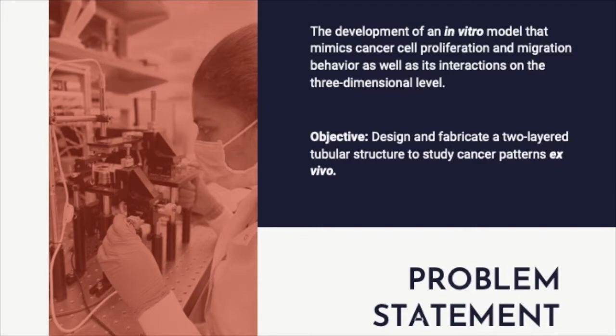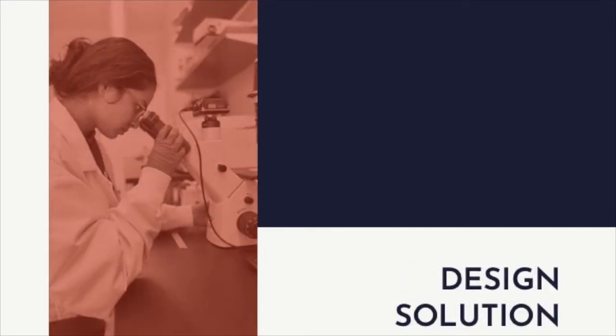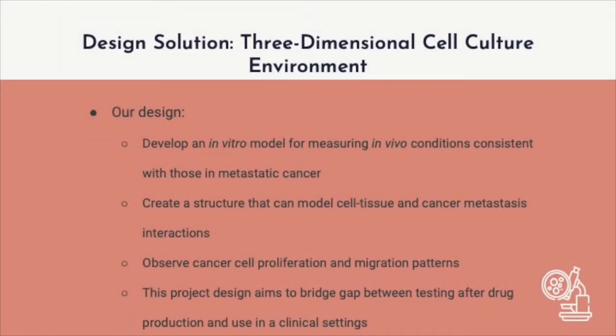Our problem statement is to develop an in vitro model that mimics cancer cell proliferation and migration behavior, in addition to studying the interactions on the 3-dimensional level. Our objective is to design and fabricate a 2-layer tubular structure to study cancer patterns ex vivo. For our design, we developed an in vitro model for measuring in vivo conditions consistent with those in metastatic cancer. Our design will model cell tissue and cancer metastasis interactions by allowing the observation of cell proliferation and migration patterns. Overall, through this project, we aim to bridge the gap between testing after drug production and use in a clinical